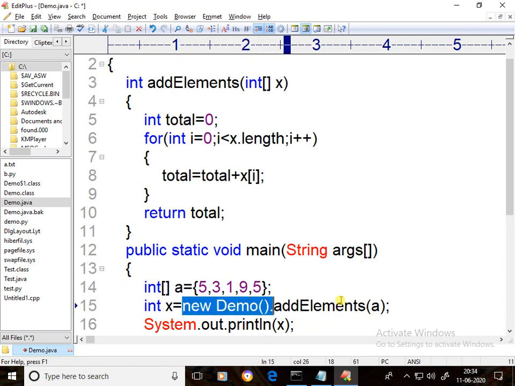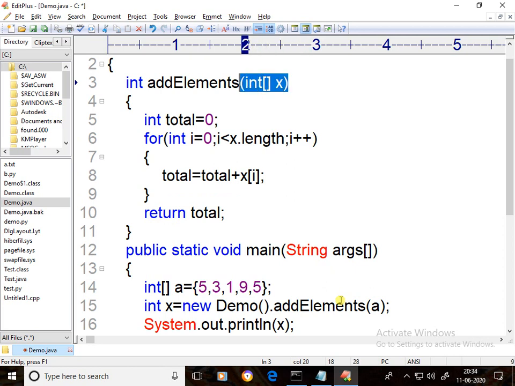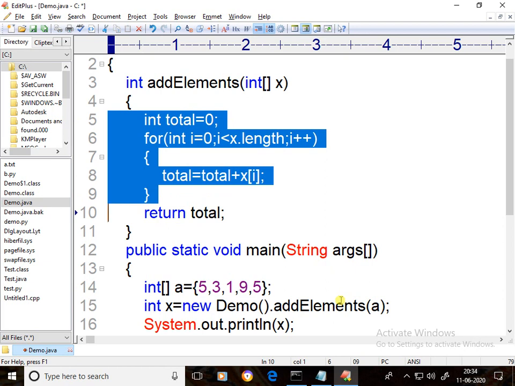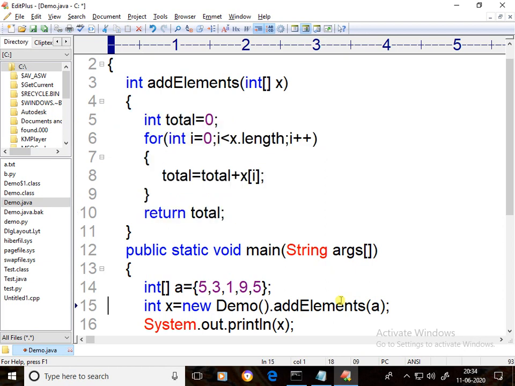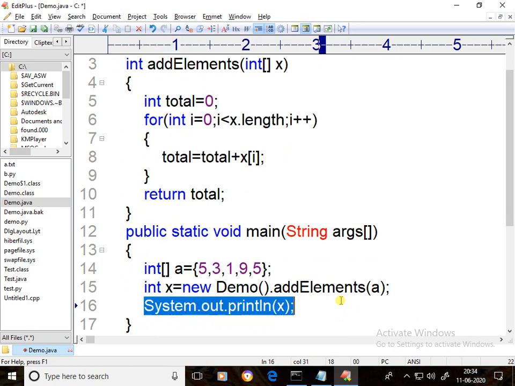With this object addElements is called. The a hash code is copied in x, and here one element is added to total. The return total value is copied in this x. This x is going to be printed.